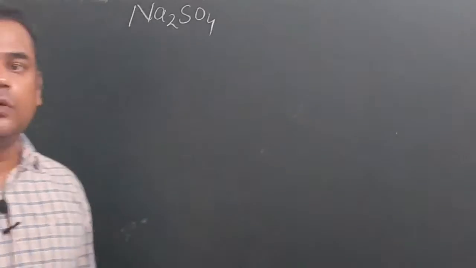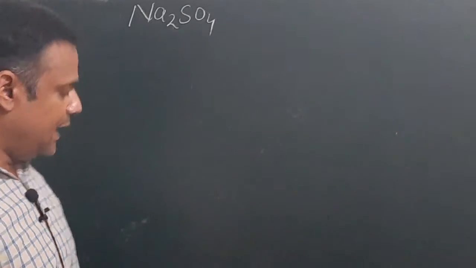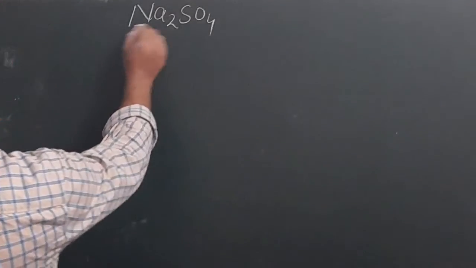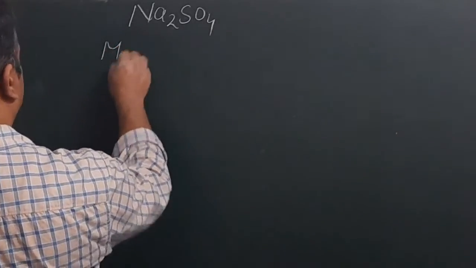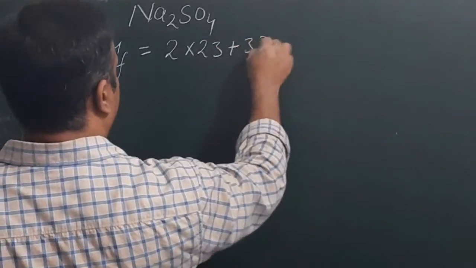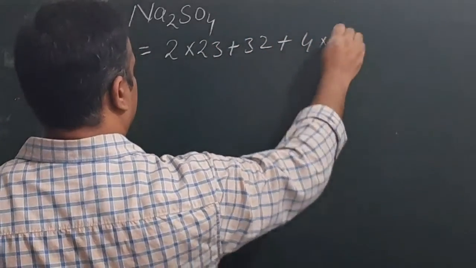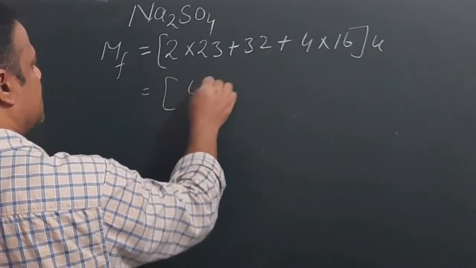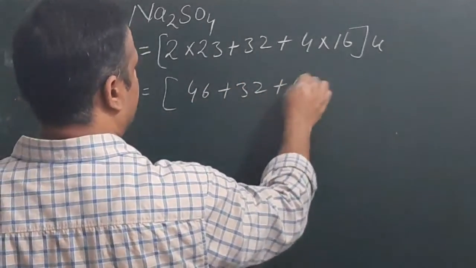Now next question is calculate the mass percent of different elements present in sodium sulfate. In Na2SO4 we have to calculate the percentage of different elements. So mass percent, first we will calculate that of sodium. Before that we have to calculate the formula mass of sodium sulfate, that will be 2 into 23 plus 32 plus 4 into 16 U, and this will be equal to 46 plus 32 plus 64 U,